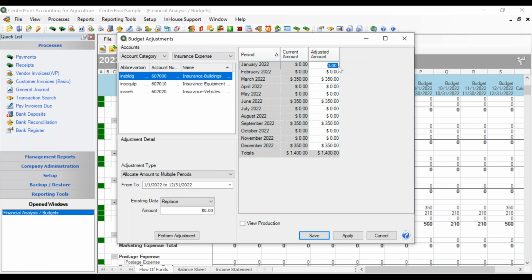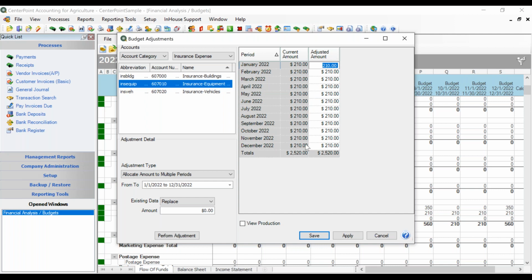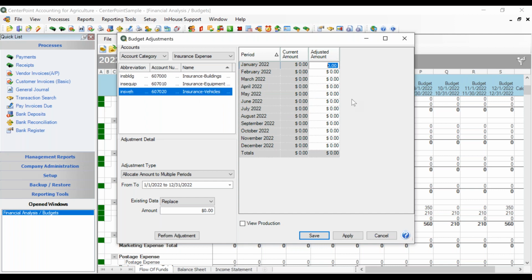Okay, so right now I have $350 in each quarter for building. I have $210 a month for insurance equipment. And for the insurance vehicles, I want to put $200 a month into that. So the easiest way to do that is to come down here under adjustment type and choose assign an amount